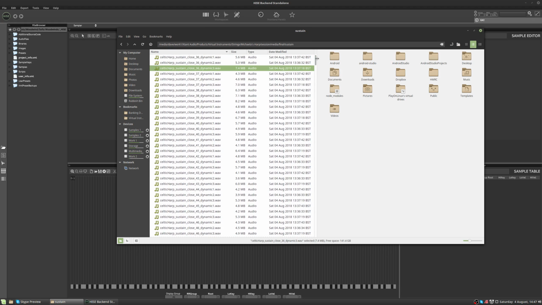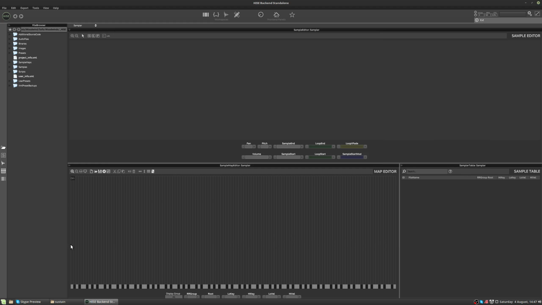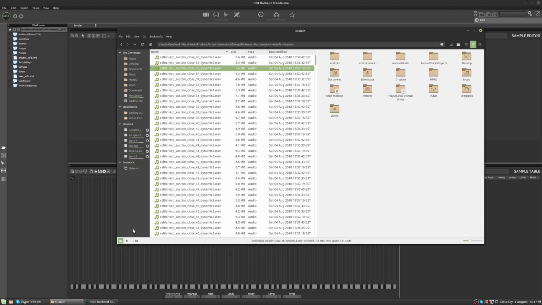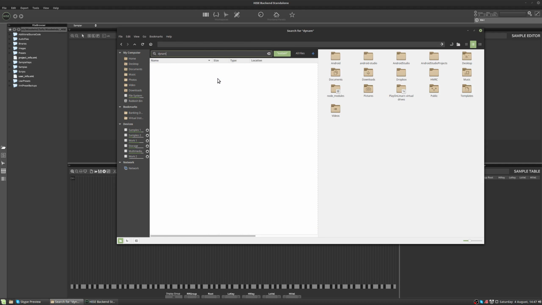So there's 3 dynamics. Dynamic 1 I want to go in the lower part of the velocity, dynamic 2 in the middle, and dynamic 3 at the top. And I'll probably add some crossfading to them afterwards. Now usually what you'd do is you'd select all the dynamic ones. So let's just filter to